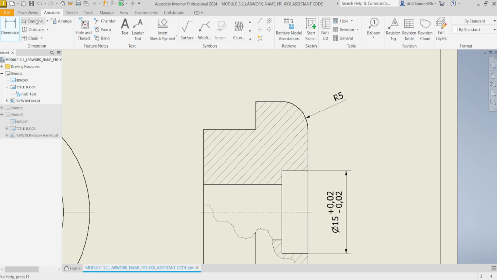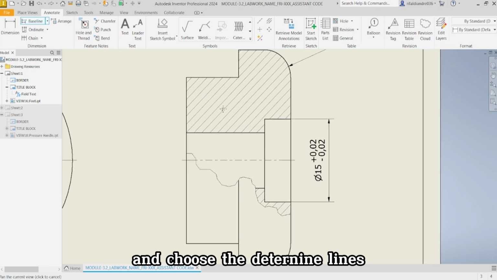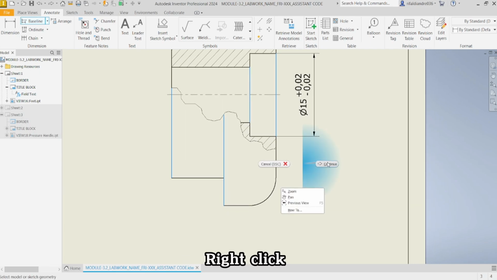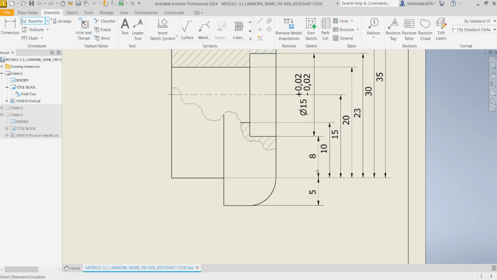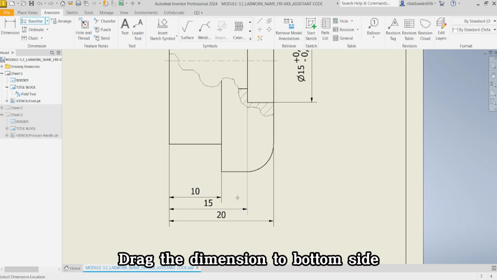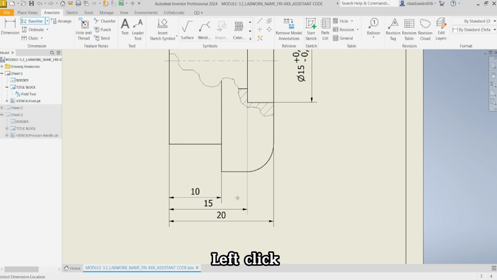Next, click baseline dimension and choose the determined lines 1, 2, 3, and 4. After that, right click and click continue. Drag the dimension to the bottom side and then left click, and this is the result.